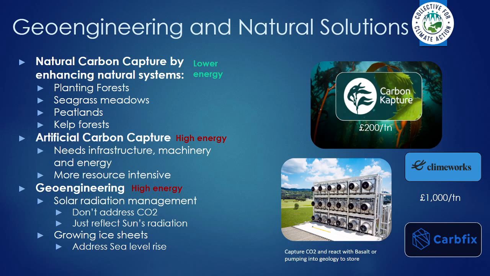So there's geoengineering and natural solutions that we're thinking about now. There's lots of natural solutions that we talk about, and they're going to take a lower cost to implement. But there's ideas like planting forests, seagrass meadows, which used to surround most of the UK, and we're working on building those back again. And peatlands, which we still use for compost even in the UK. Not destroying these ecosystems is the first step that we should be taking, because they're the ones that are most productive instead of the new ones that we would replant.